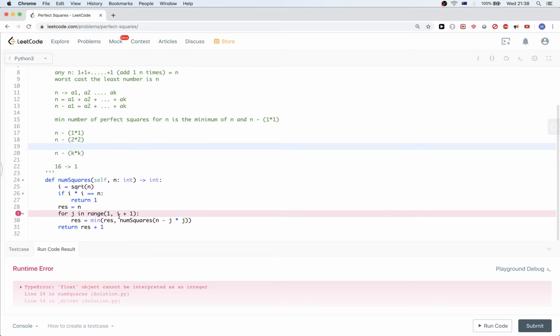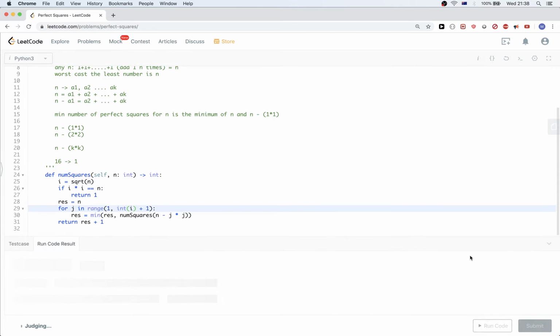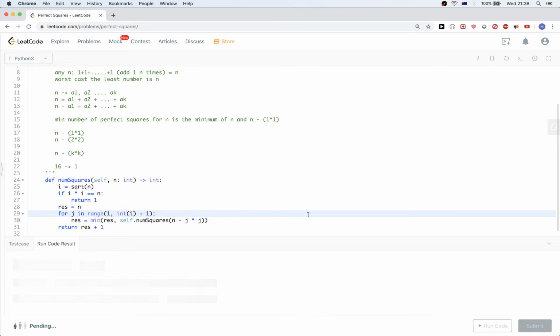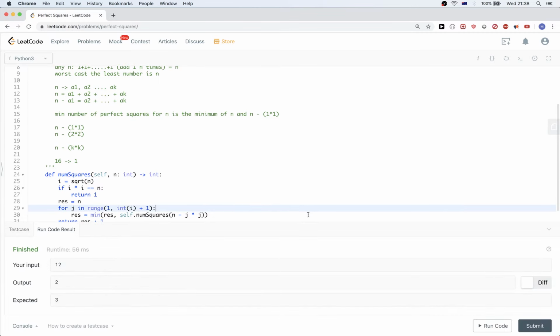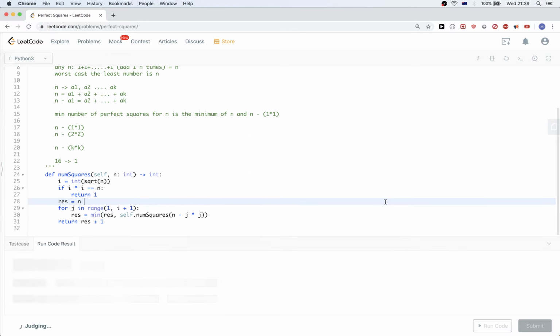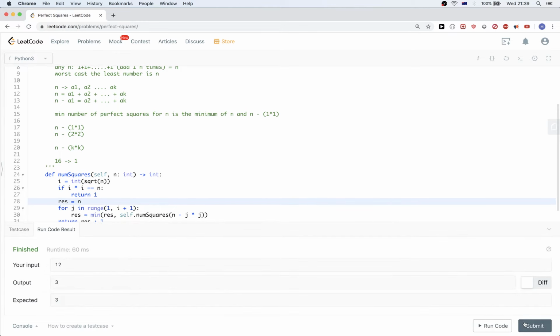So we have a float. Okay, so we need to do this. We need to do self dot. Okay, so that's probably because of this here. So let me just say, and just use this. Okay, so if we try to submit this,